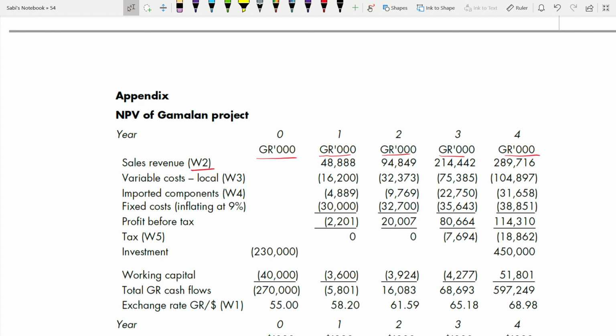If you find variable cost first and then go to find sales revenue, you're wasting time. Whereas you can find sales revenue, put it in the main table, and just go to the variable cost and start working. So order is very important for your time management, to save time. You should know what you have to do first and what you have to do next. The most important thing you have to do in the beginning, the least at the end. It cannot be the other way around. So the sequence in which you put each working is very important. This is what I'm trying to teach you. Every question I repeat.